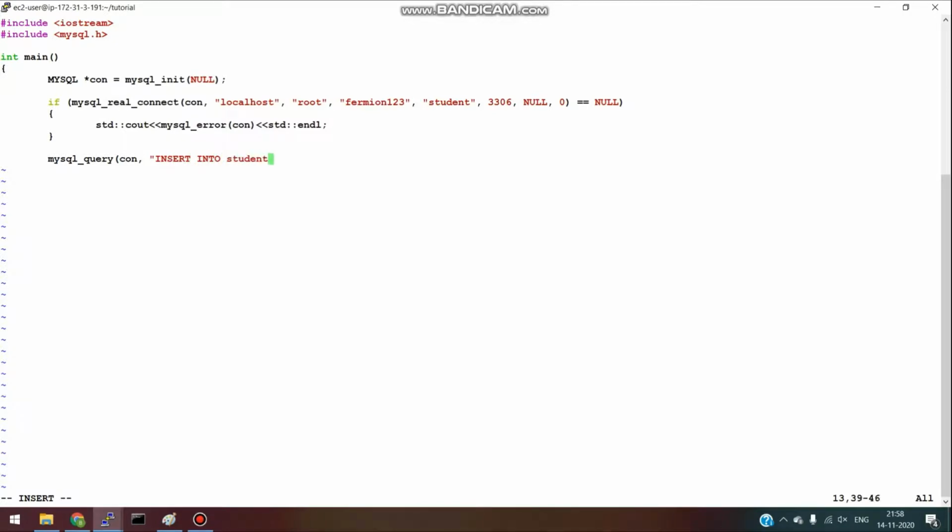I created the student table and say, write the name. Here you can write these values in double quote or single quote. But if you are using double quote, make sure that you are using the escape sequence. Otherwise, the string will terminate there.